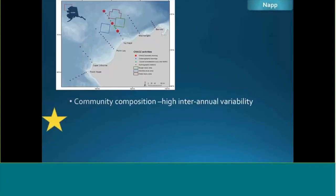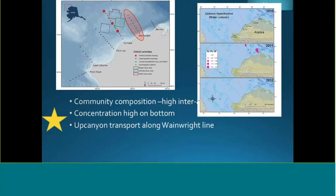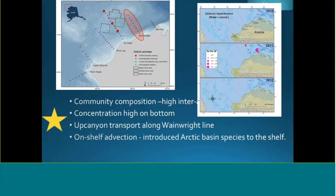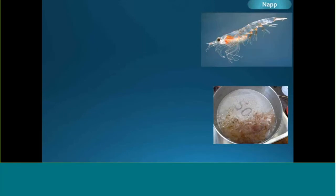For zooplankton, there was high interannual variability in the community composition, lots of concentration on the bottom. There was evidence of up-canyon transport along the Wainwright line, and also evidence of on-shelf advection with Calanus hyperboreus being seen on the shelf. And also there was lots of variation in the temporal vertical migration patterns among the sites. As far as euphausiids go, the adults and the juveniles had their highest concentrations in 2012, but there were still